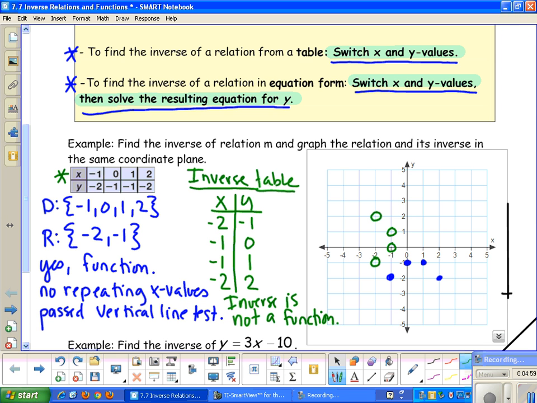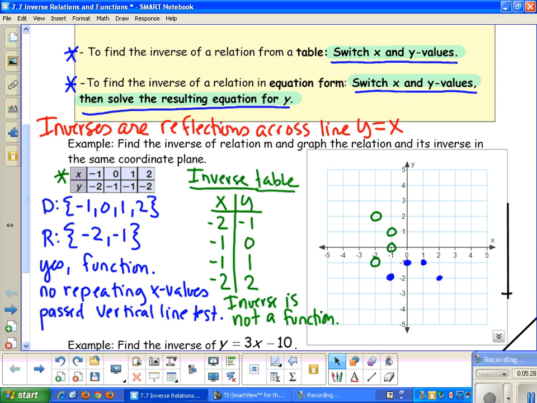Another cool thing that we can talk about is the fact that inverses are always reflections across the line y equals x. So I'm going to write that down too. So inverses are reflections across the line y equals x. So if I were to draw a line using a ruler on my graph, the line